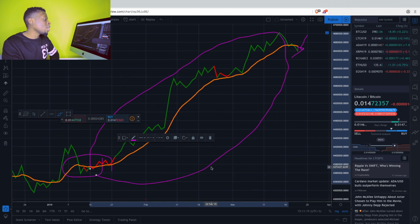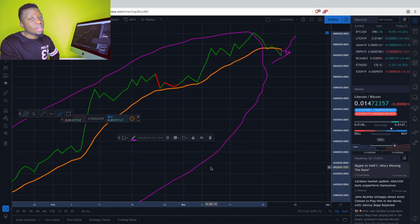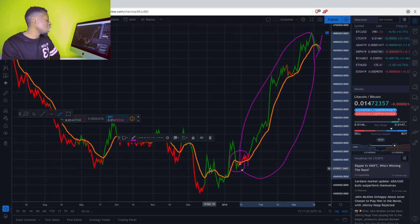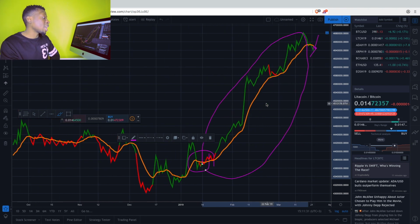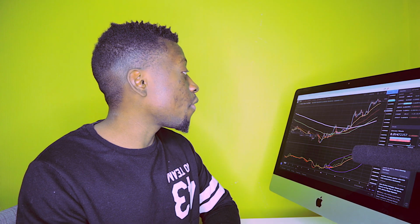So there are obviously going to be way more buying opportunities for you guys, so you don't have to rush in case you didn't get in at the most ideal market price. It's all about patience, guys. It's all about patience. Let us take a look at the 4-hourly chart,